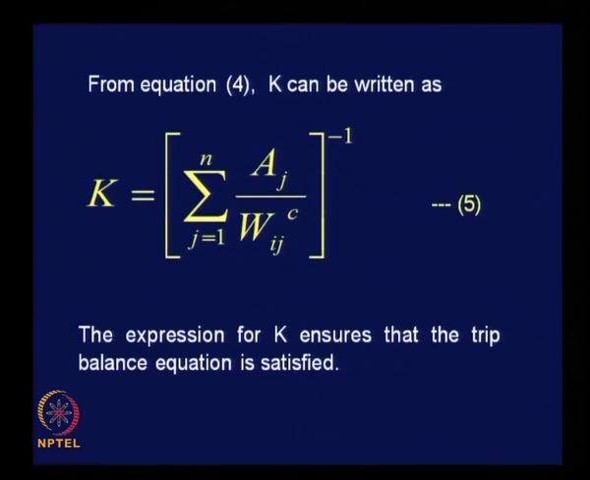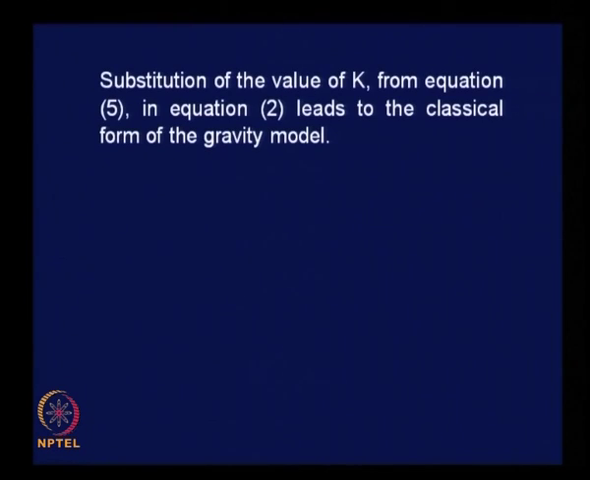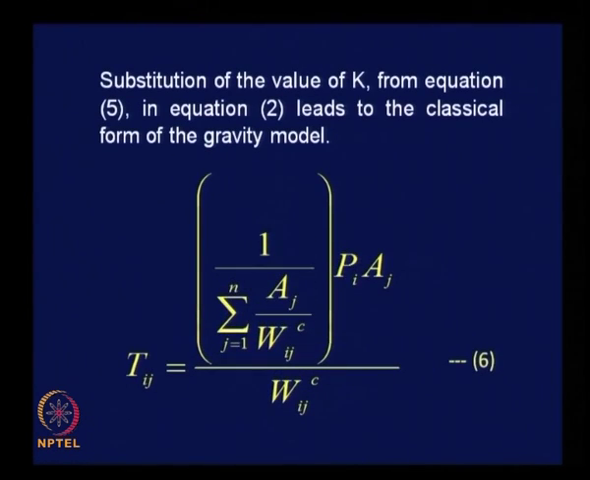Try to put this value of k in the original equation that we got for Tij, equation 2. Tij is equal to sigma j is equal to 1 to n k times pi aj divided by wij raised to power c. So, that k within sigma is going to be replaced by this quantity. If you do so, we will get this equation,